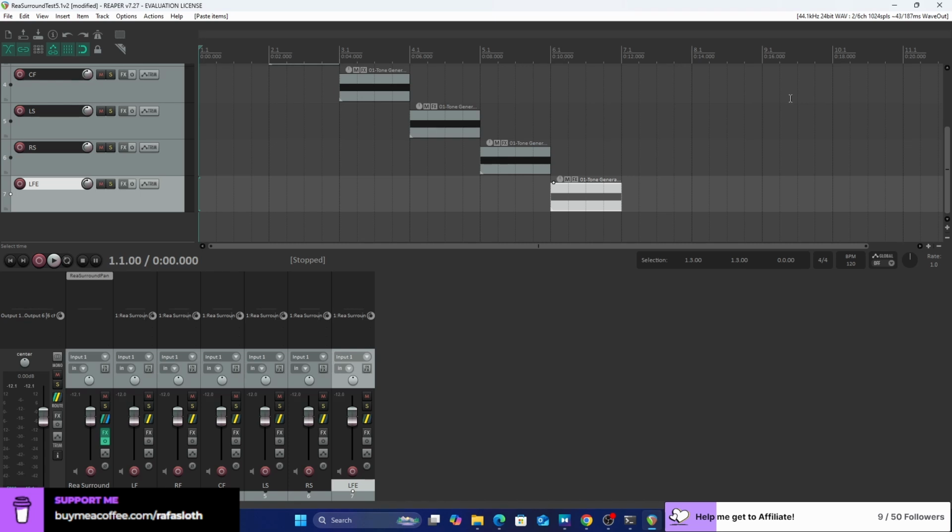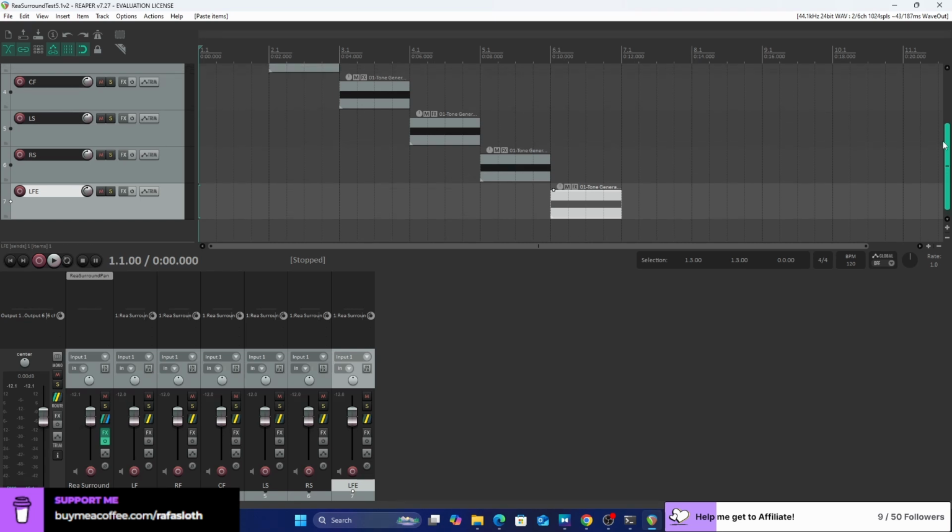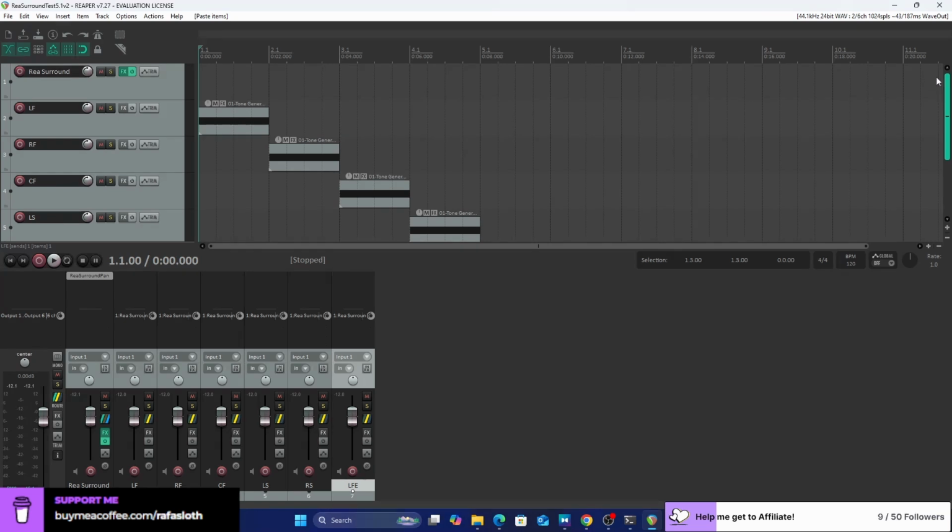Okay, so I heard this correctly. I don't know if you're gonna hear it correctly because my computer is simulating 6 channels thanks to Dolby Access.